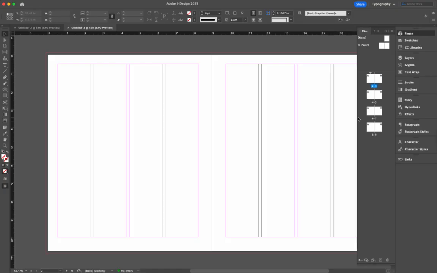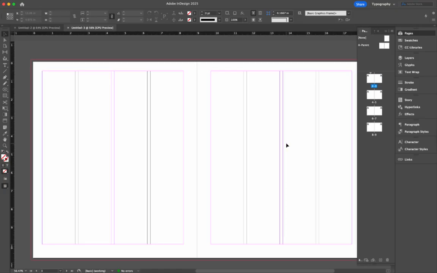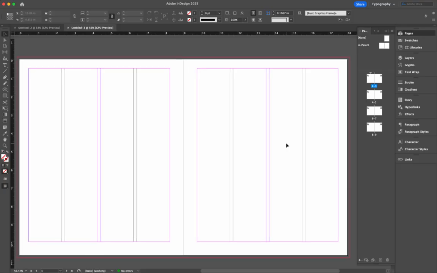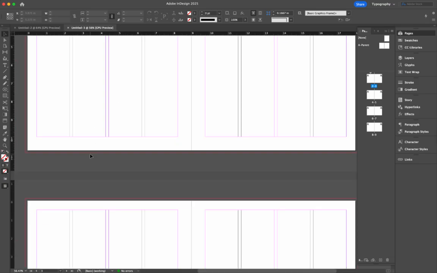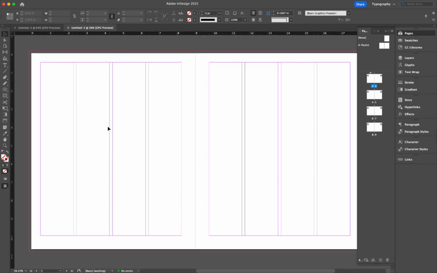So this is technically your layout. You've got your 8 pages, and this side on page 2 and 3, this will be your cover. This will be the back cover, which will be the advertisement. This will be your feature spread opener. The feature spread opener is going to be a little bit different than the next couple pages, and you might